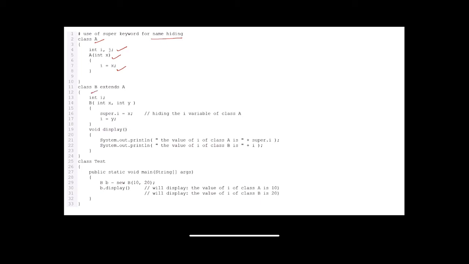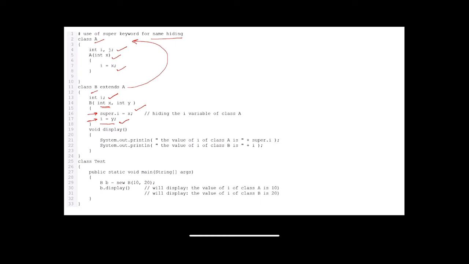Similarly, in class B, which is inheriting all the variables and methods of my class A, I'm declaring a variable I, and using the constructor, I'm initializing the value of I for my parent class using the super keyword and for itself directly using the argument passed in the constructor.